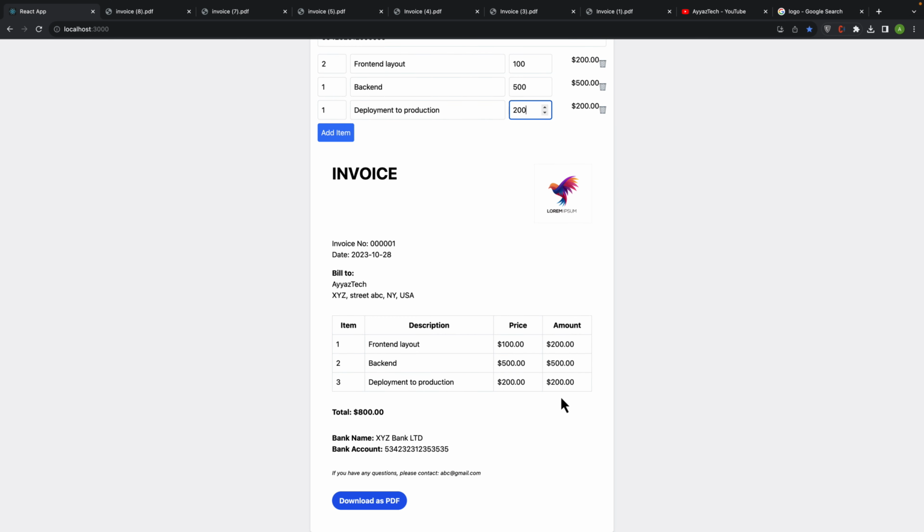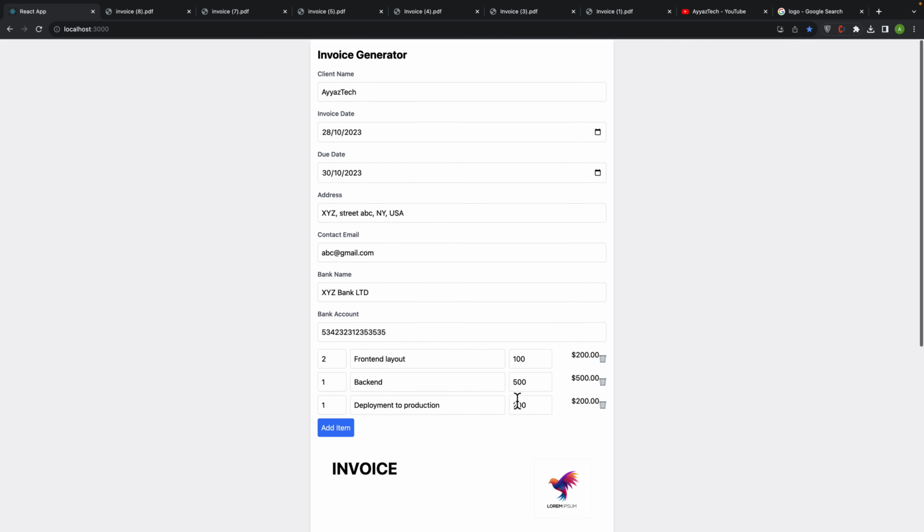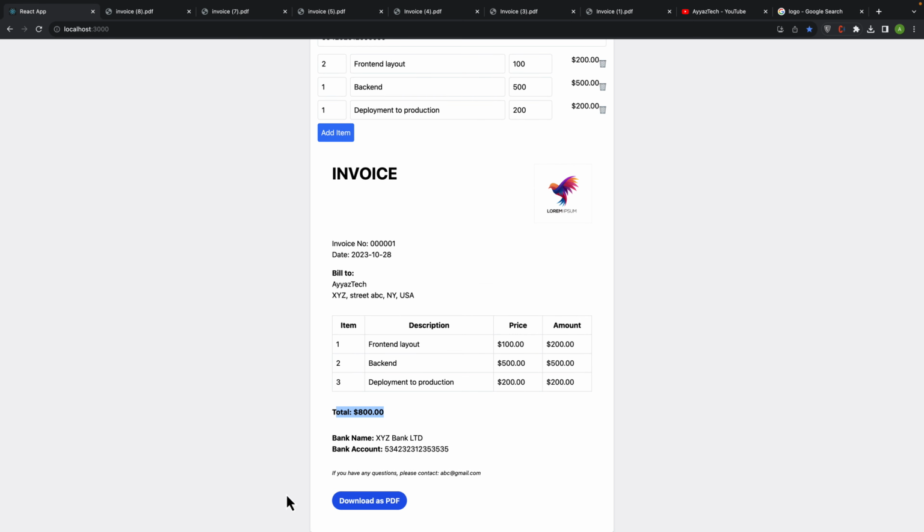Okay, everything is added in the real time. Total is $800. So now I will click on the download PDF and let's see if